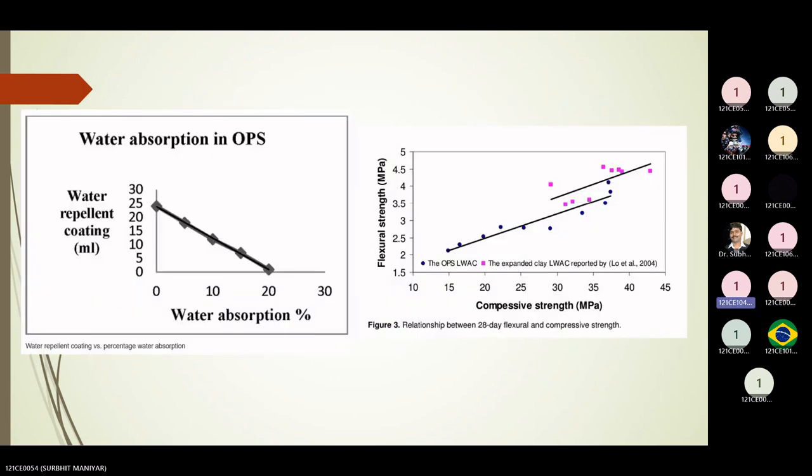And now the graphs are showing that OPS is absorbing more water because it is more porous, and compressive strength is comparable to normal lightweight aggregate, clay lightweight aggregate. The OPS lightweight aggregate is normally matchable, or even greater than normal clay lightweight